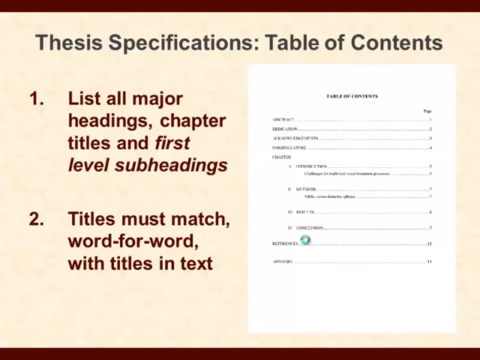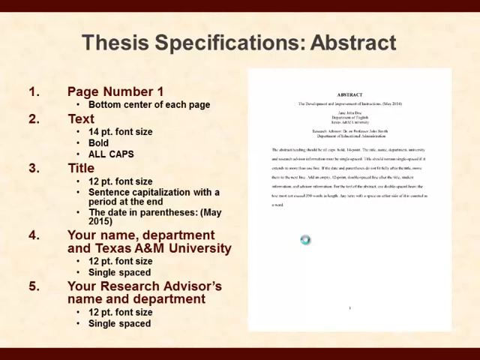And generally speaking, for subheadings, as long as you're consistent, you can either do sentence case or capital and the rest lowercase. That's fine. Just choose whatever you want to do. But make sure it's consistent between the table of contents and the main body of text. Okay. The abstract,